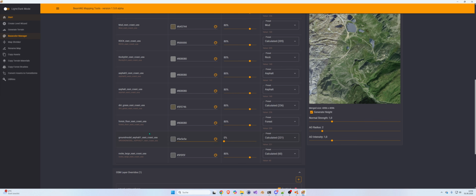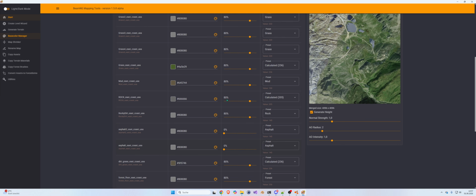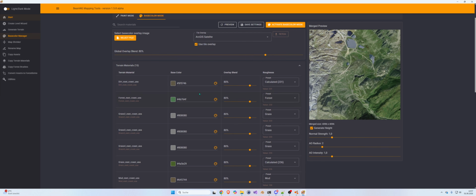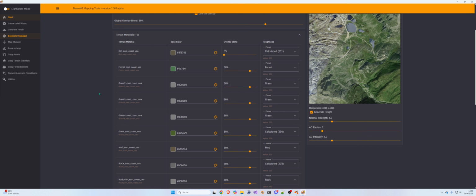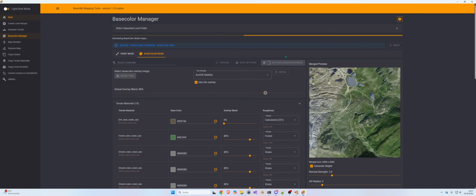I take it out. I'm pretty sure, I don't know exactly which layer I used for asphalt, so I put them all out. And the dirt roads, I don't want it there too. So, okay, let's do a test. You just press activate base color mode. It takes a while